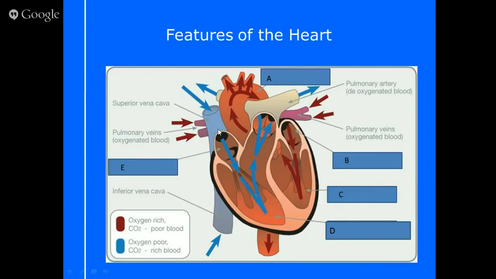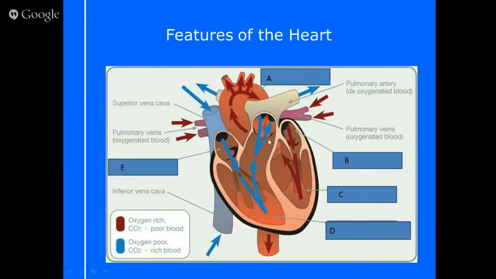So they come in, but they both get to the right atrium. So we're at the right atrium now. Drops down into the right ventricle. Nice big powerful contraction. Not as powerful as the other one though. Then it goes up into the